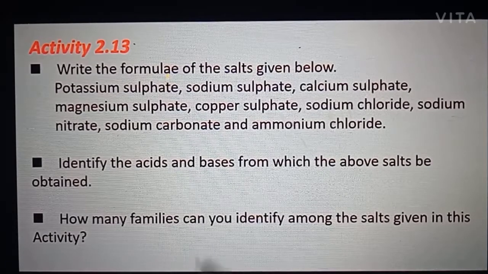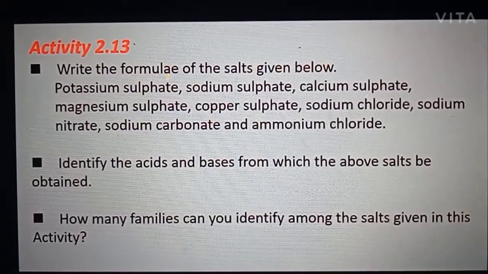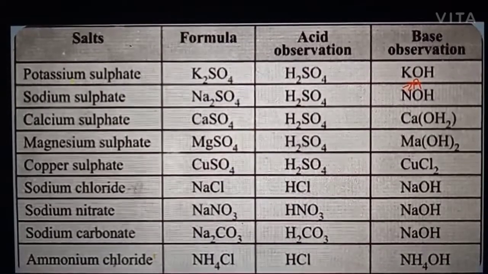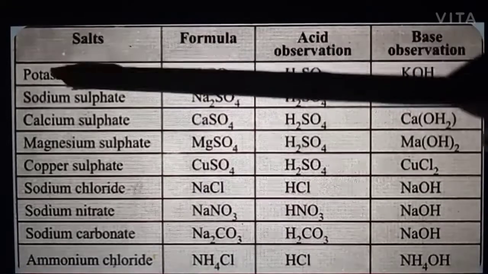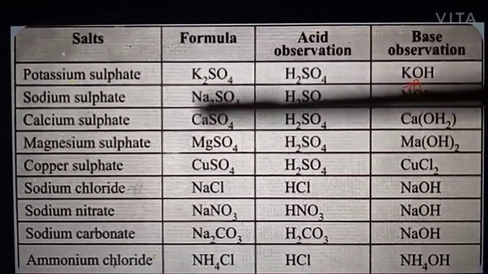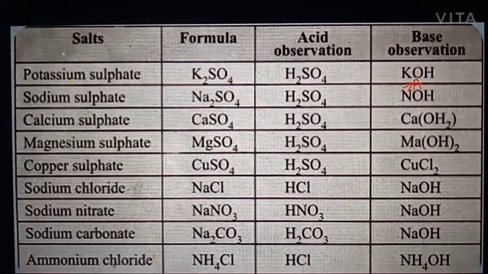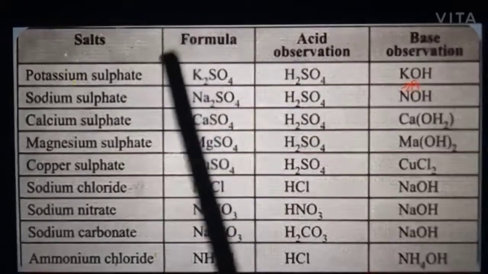Which acid do we have to use to form potassium sulfate? We have to make a list. I have made a list of that, so just write it down. How to write: first write the acid, plus base, and after that the salt you will get. The names are given. What do you have to think before writing? Potassium sulfate, we want K2SO4. The potassium sulfate formula is K2SO4.